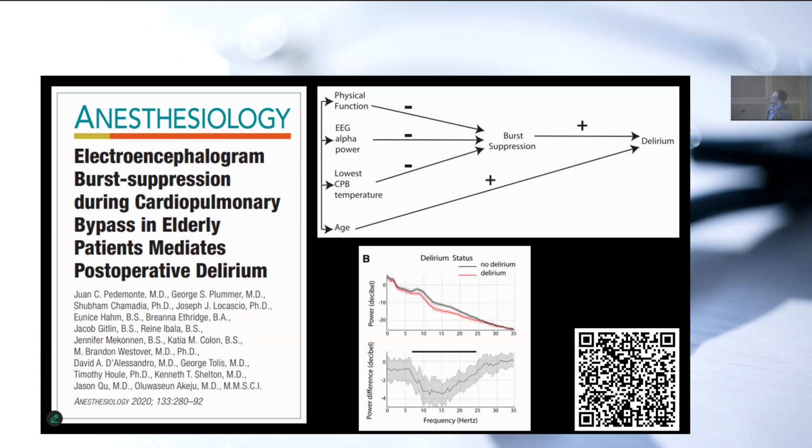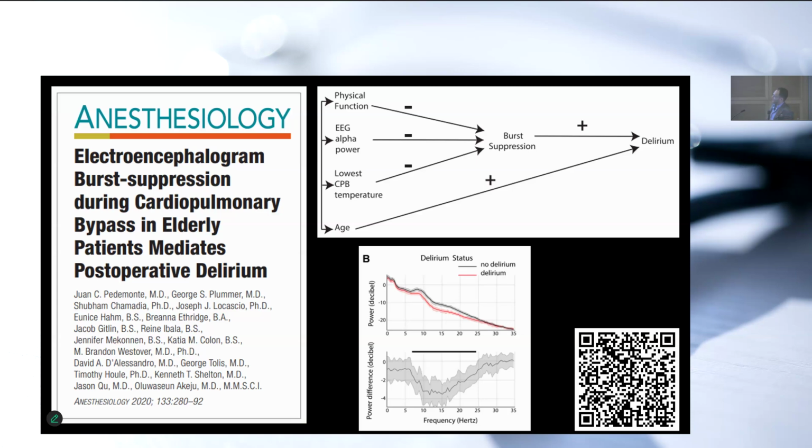Poor preoperative physical functioning alone is not sufficient to produce delirium in everyone. In a large group of patients, with some confidence, you require the presence of burst suppression to affect that outcome. It was quite a remarkable finding, actually. It's still debated whether this is true, and it has not been reproduced, partly because nobody has access to such a big database as they have. So I'm not sure that anyone would be easily able to reproduce this study,